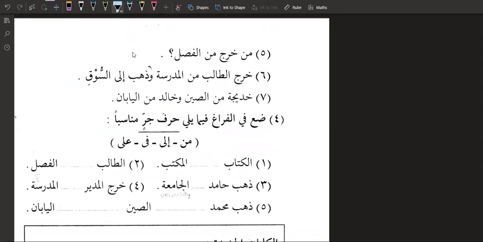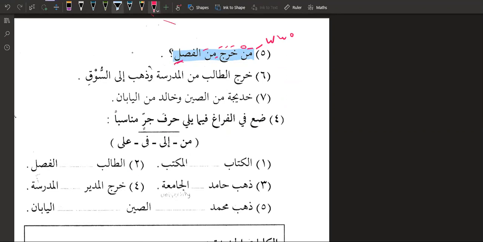جيد. عبد القيوم. من خرج من الفصل؟ So it's من. This is a question. What does the sentence mean? Who went out from the classroom? So we would just say, who left the classroom? من خرج من الفصل؟